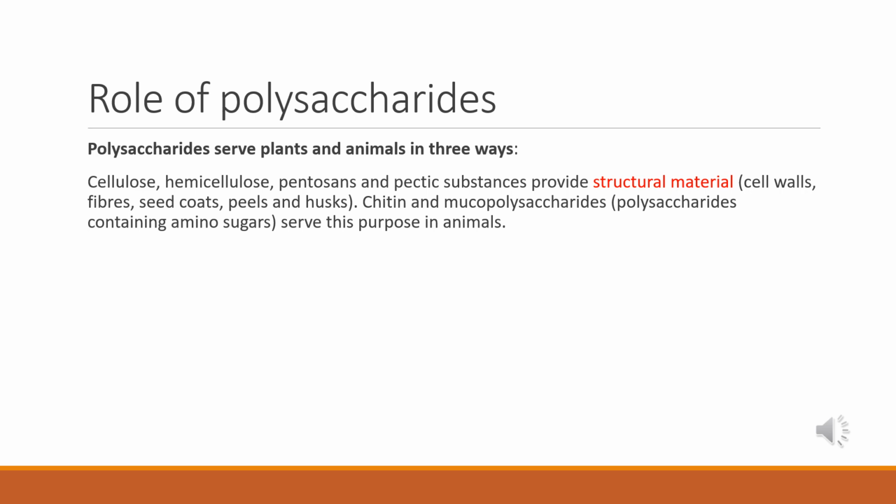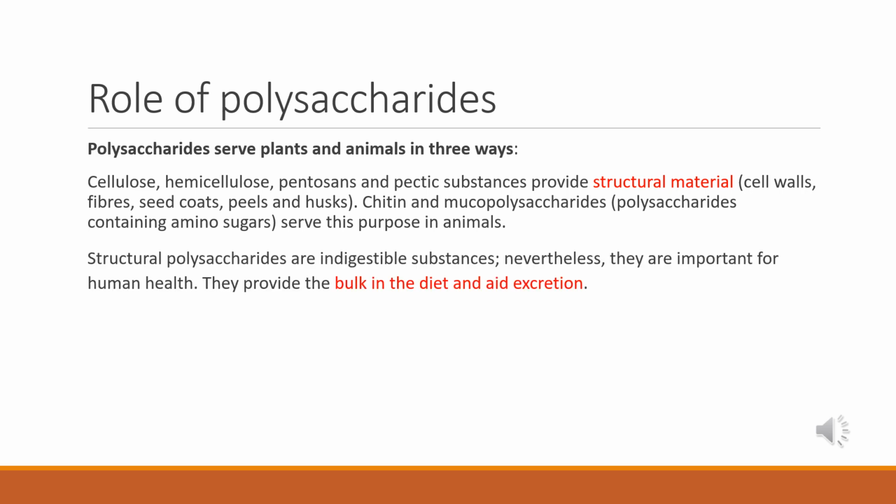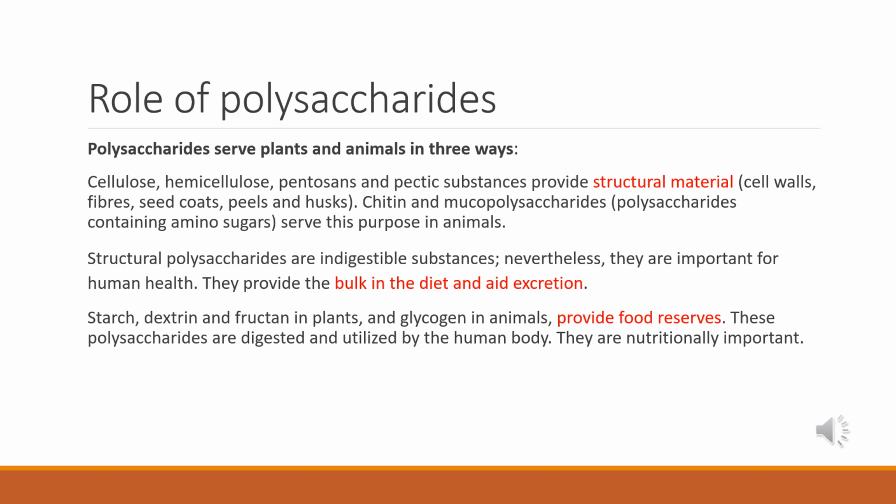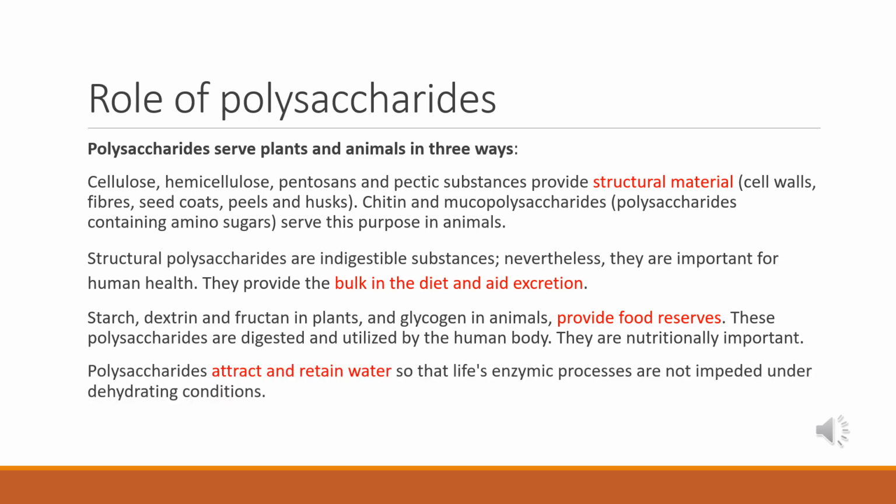Then, the structural polysaccharides are indigestible in the small intestine. As a result, they provide bulkiness in the diet and help in the bowel system or excretion. Next, starch, dextrin, and fructan in plants and glycogen in animals serve as food reserves. Therefore, they are utilized by the human body for its metabolism. Last, polysaccharides attract and retain water so that the metabolic or enzymic processes are not impeded under